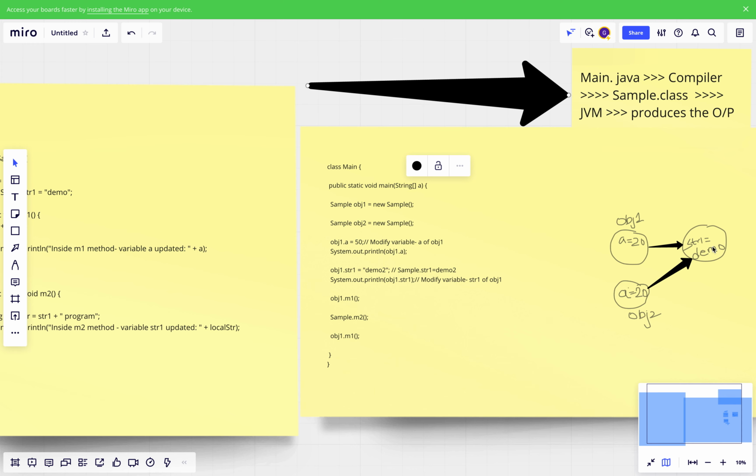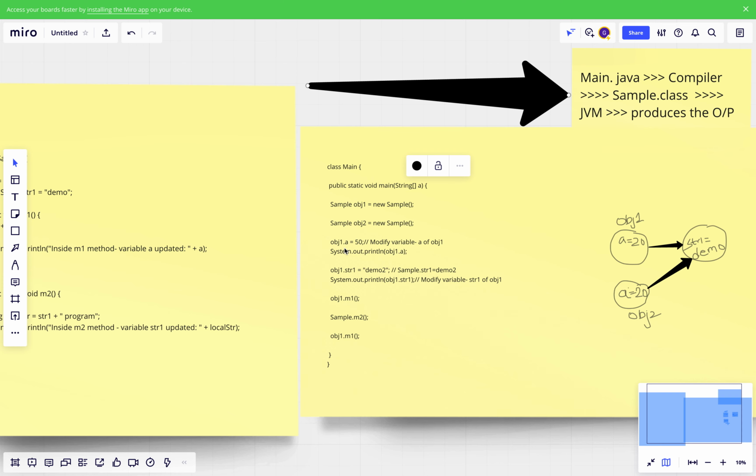Okay, we'll move on. This is the important differentiation we should know for a clear understanding of static and non-static variables. If you see the main class, we discussed that the objects are created, and what we are trying to do here is access the variable.